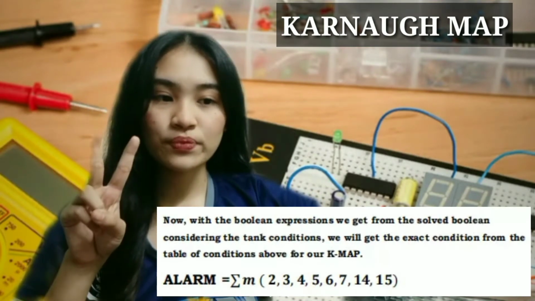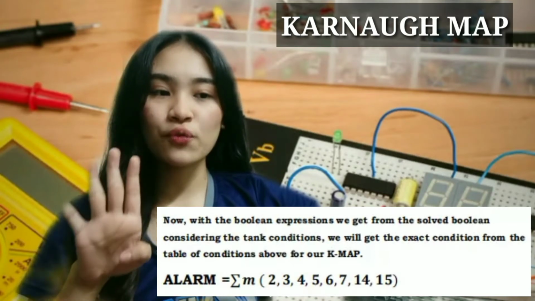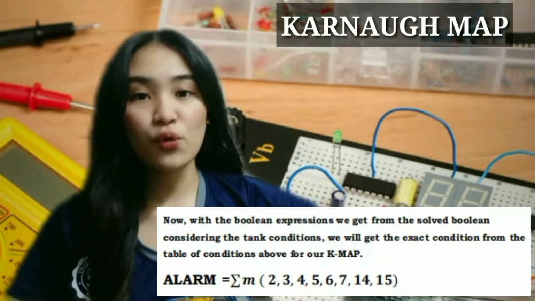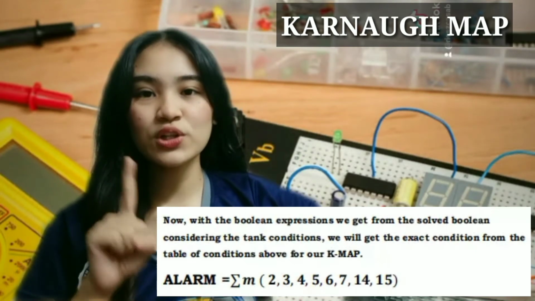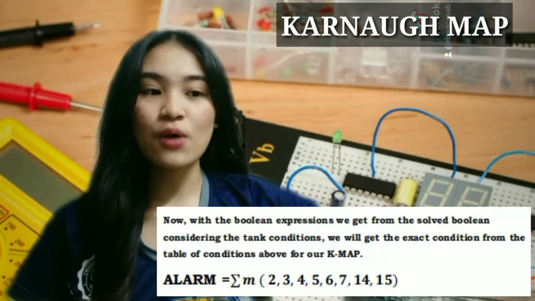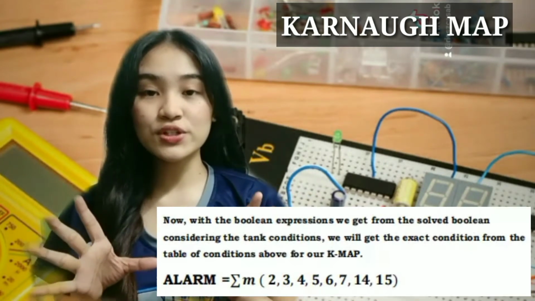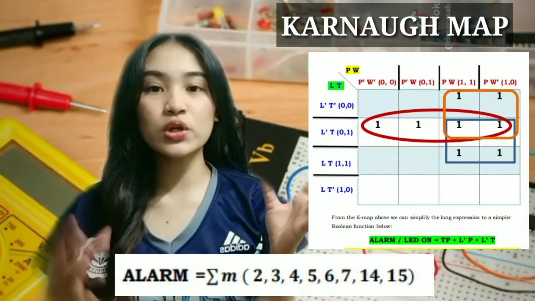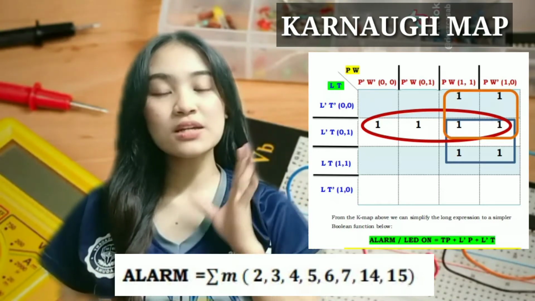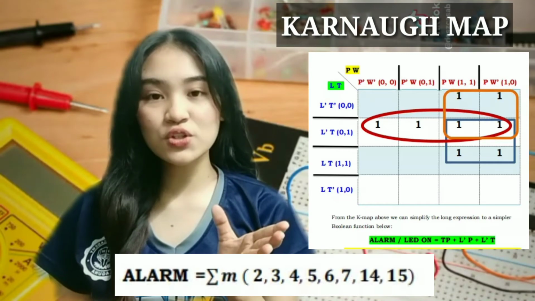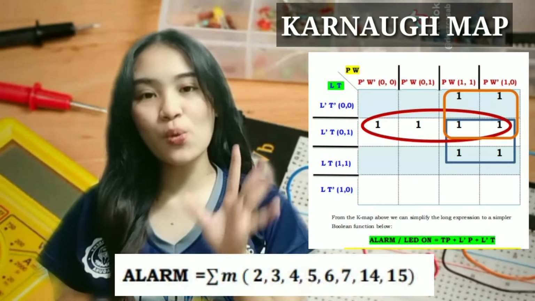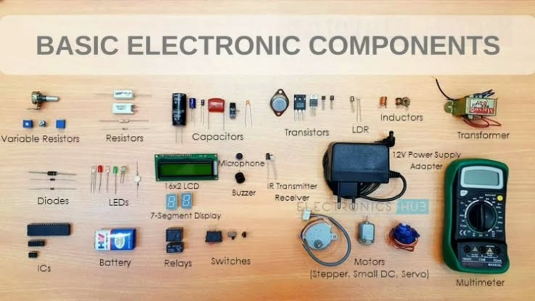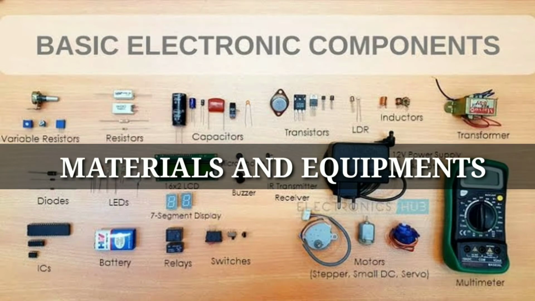It is number 2, number 3, number 4, number 5, 6, 7, 14, and 15 that we will use to create our K-map. Now, you just have to retrace these numbers on our K-map, and then after that, regroup all of the numbers to properly come up with the final Boolean function that will satisfy the whole water tank condition for this problem solution. The materials that we will be using for the final output are